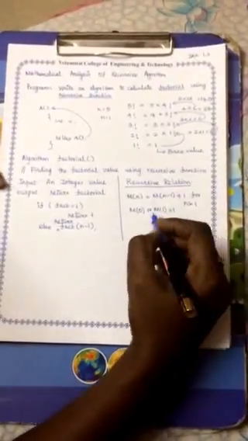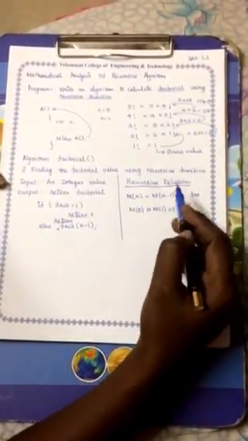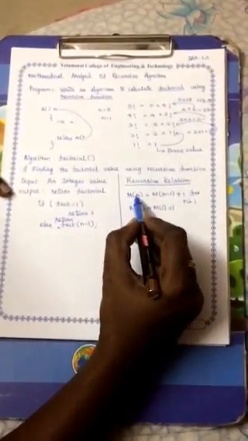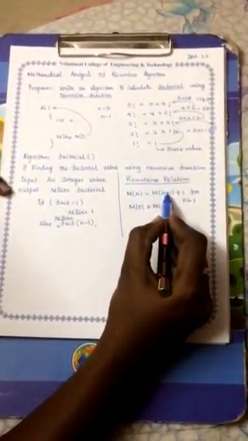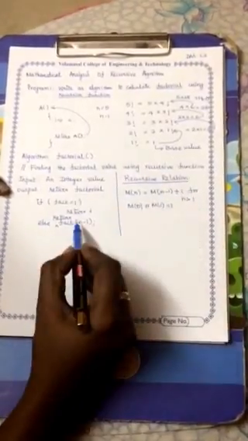If M of 0 or M of 1 occurs, it will return 1. So this is the relationship, we call it a recursive function for the factorial program. So whenever you are trying to calculate the value for n, it depends on n minus 1. This one is for the constant operation. Once after calculating up to 24, you have to perform only one operation to find the final value.